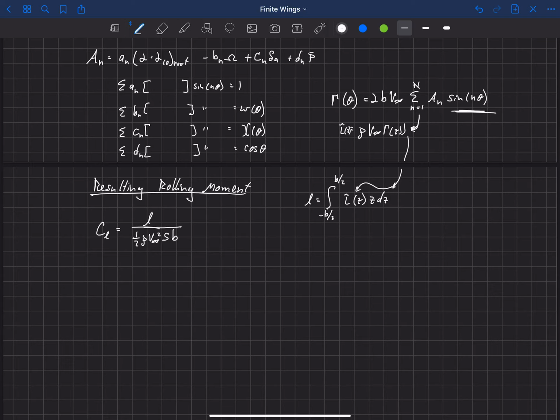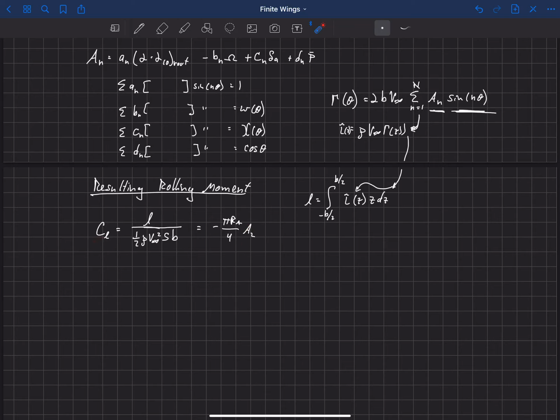In fact, all of the A_n terms drop out of this integral except for the second term. And we find out that the rolling moment coefficient, you can write that as minus pi R_A over 4 times A_2. Now that's pretty incredible, because you can imagine that this math can get a little bit hairy, plugging this into this equation and then taking the integral of this infinite sine series. It just turns out that, which is one of the benefits of using these sine series, terms drop away, and we're left with the only term that affects our rolling moment being A_2.